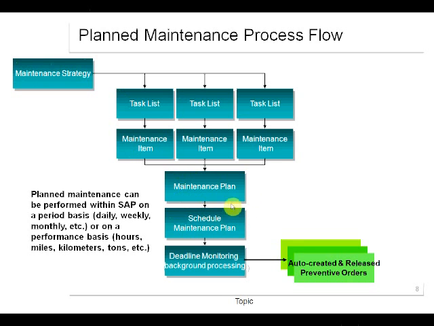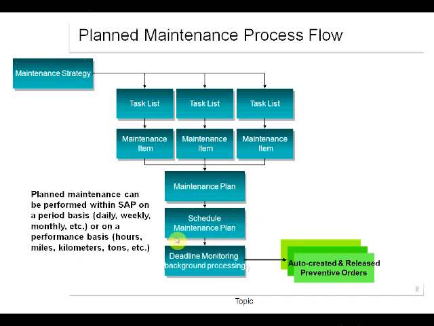Once the maintenance plan is there, I have to schedule it. Scheduling means I have to put it on the calendar. In the plan I'm saying first after 7 days I'm going to do this, but when is that 7th day? That 7th day, I'm doing this scheduling, means I'm putting it on the calendar, means after 7 days from now, say the 7th of this month, I'm going to do the first activity. So that is scheduling.